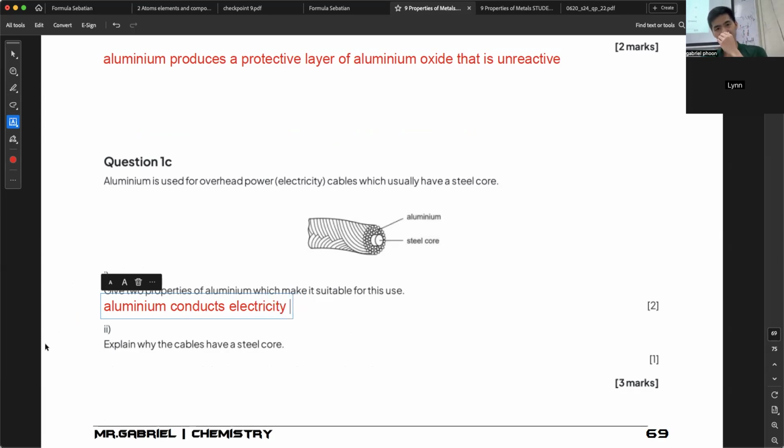What? Why do I feel like I'm spelling this wrong? Electricity. Oh, my brain is shutting down already. Seriously, I can't focus already. Aluminium conducts electricity, and also because